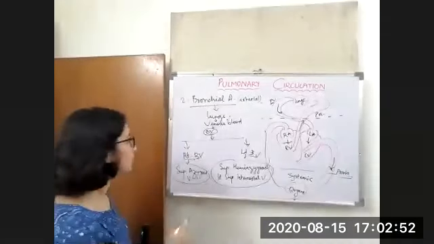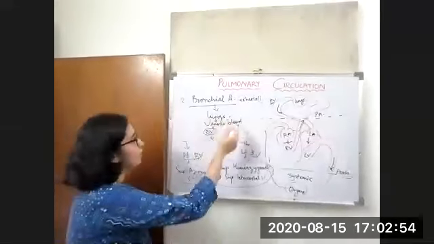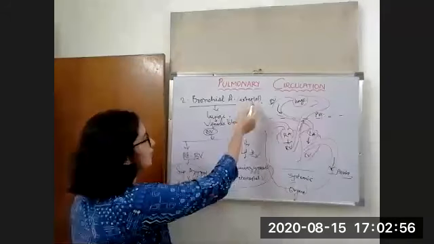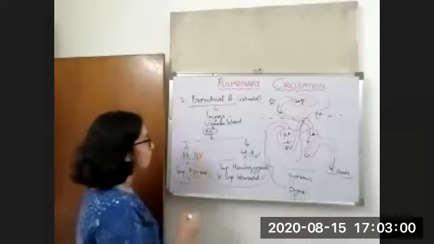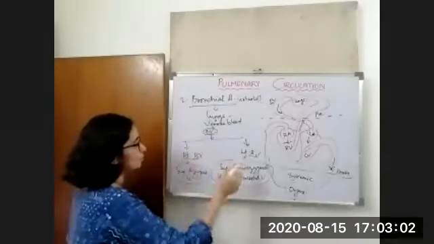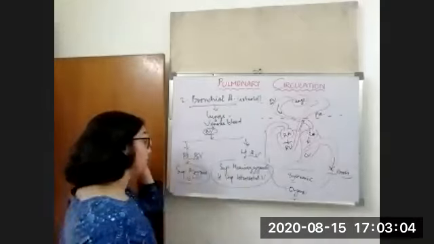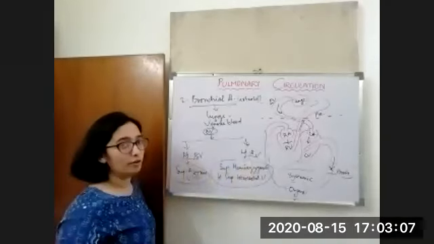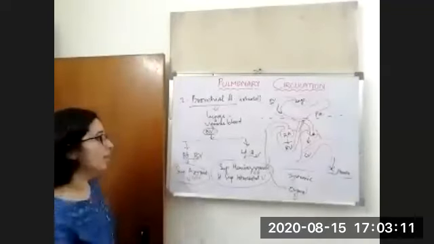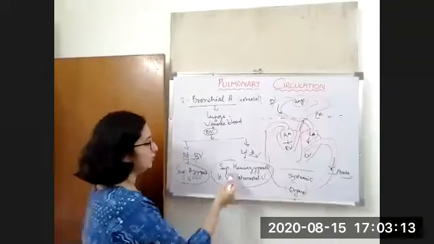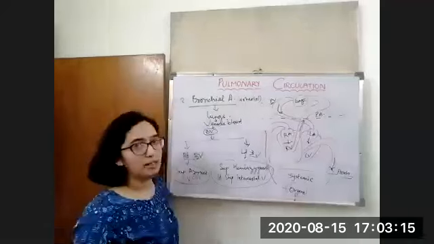Okay. So once again, I'll tell. The bronchial artery carries the arterial blood to the lung. From the lungs, the venous blood is carried by the bronchial vein, and it divides into two branches, the right bronchial vein and the left bronchial vein. The right bronchial vein goes to the superior azygous vein, and the left bronchial vein goes to the superior hemiazygous or left superior intercostal vein.